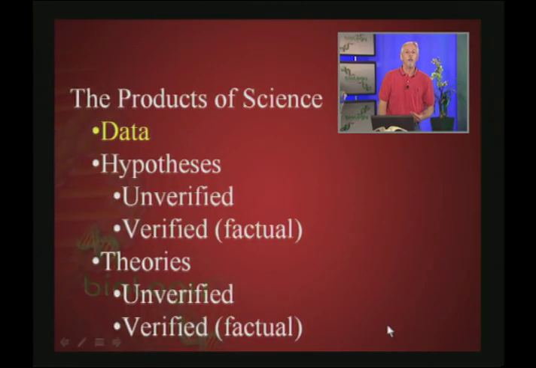So it's very good and important to not only communicate to say, hey, this is what I've done, but also get the feedback, and then others can try to duplicate your results. That's another aspect of this: others have to be able to get the same results that you do for it to have scientific validity. When we look at the products of science, certainly the data that we generate is one of the products. The hypotheses that we propose and test would also be a product. And I think the public has this idea that hypotheses are just quote-unquote educated guesses, and they may start out that way.